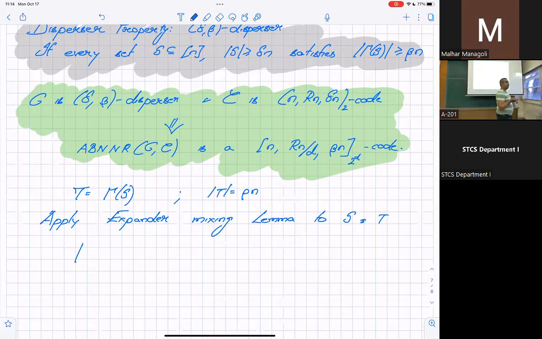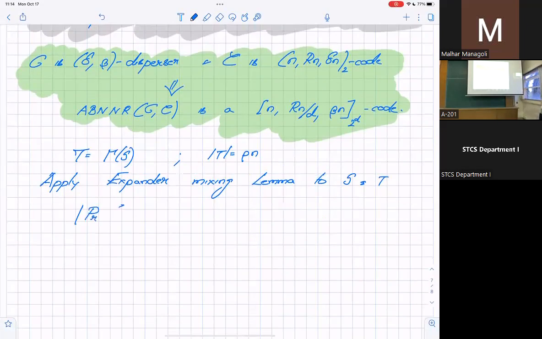So what's the probability that if I do this random process, the left endpoint is in S and the right endpoint is in T? Let's write down the EML: the probability that (I, J) is in S cross T, where I is picked uniformly at random from the left side and J is a random neighbor of I from the right side, minus mu of S times mu of T,